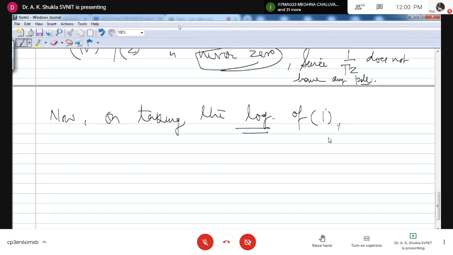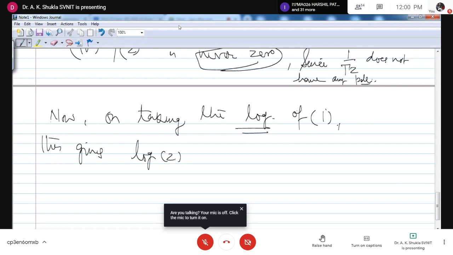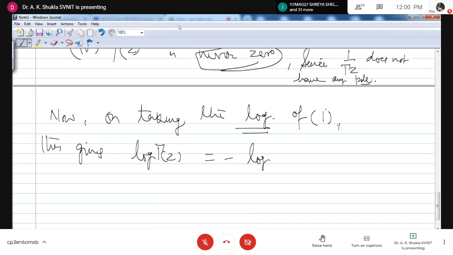This gives you log gamma z equal to minus log z, and here the value of this will become in the form of a summation. So this can be written as